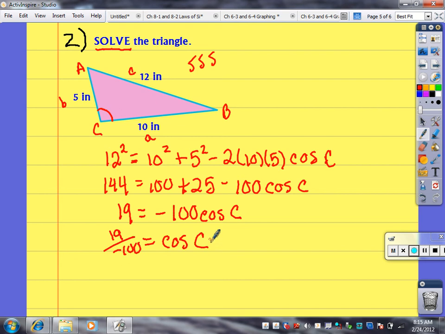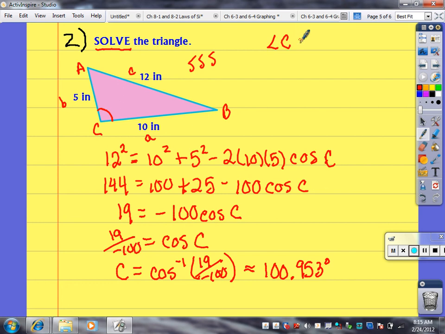How do we find C? You got it. You got to do your inverse. So to find angle C, you have to do the cosine inverse of 19 over negative 100. And this gives you approximately 100.953 degrees. Okay, so we have one thing, we have our angle C. So angle C is 100.953 degrees. Okay? All right, so now that we have angle C,